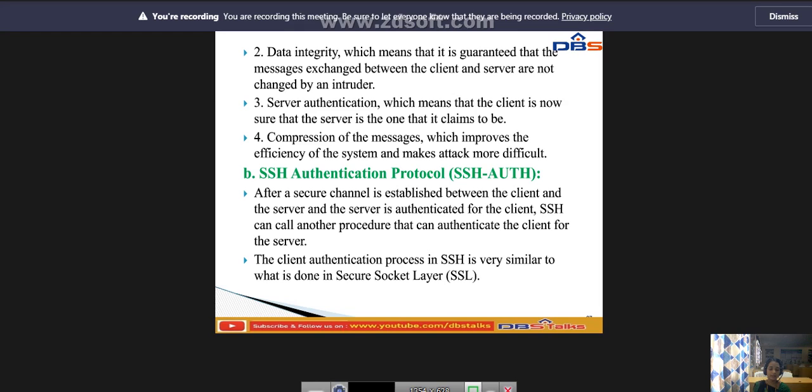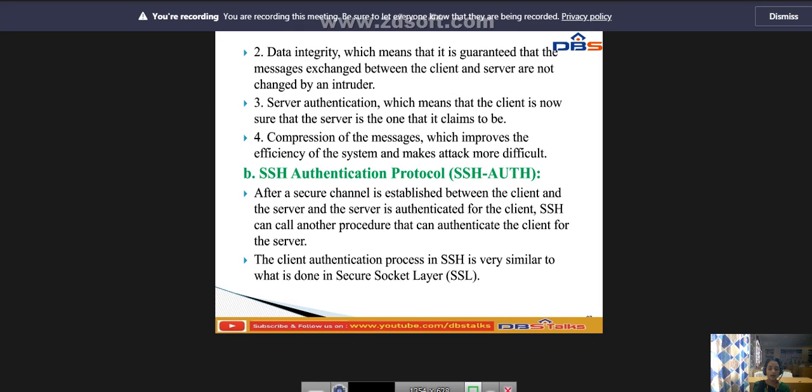Authentication starts with the client, which sends a request message to the server. The request includes the username, server name, the method of authentication, and the required data. The server responds with either a success message, which confirms that the client is authenticated, or a failed message, which means the process needs to be repeated with a new request message.